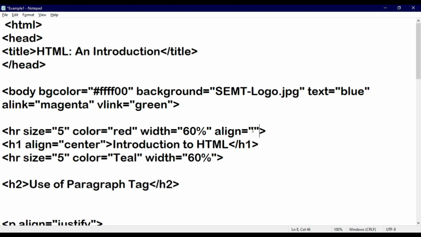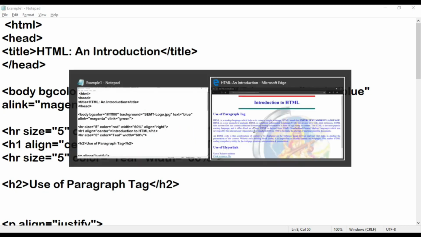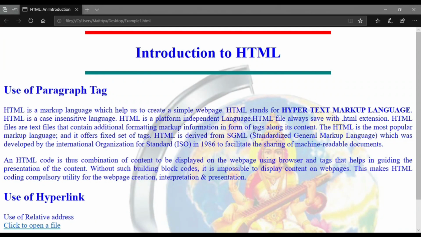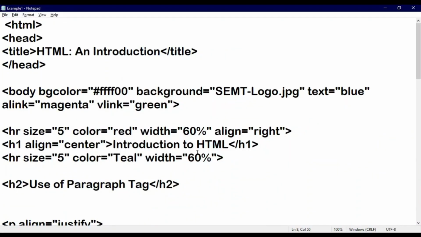Previously we have seen the use of the align attribute in the heading tag as well as in the paragraph tag, and today we are seeing it in HR, and here I am providing a value, right, because by default the value of the align attribute inside the HR tag is center, but now I am providing right, and just refresh, the position of my HR rule gets changed from center to the right.